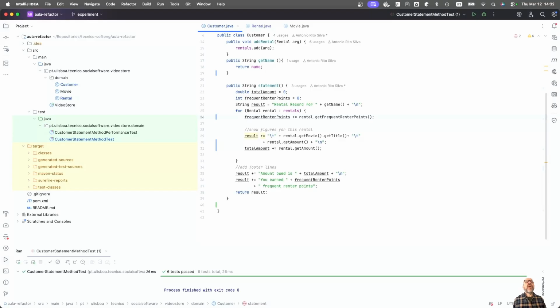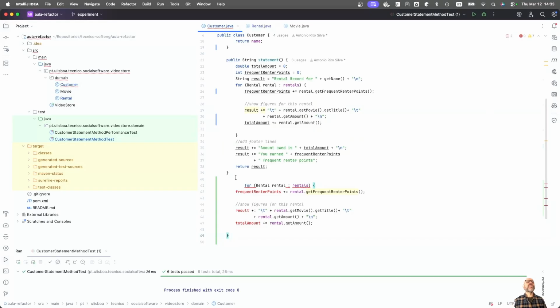Following this idea, now I can see that, look, this loop is doing three different things. So this loop has very low cohesion, because it is doing the rental points, the total amount, and print. So what am I going to do? Well, I'm going to replace this with three different loops. So I copy this one here, put it there, and sorry for